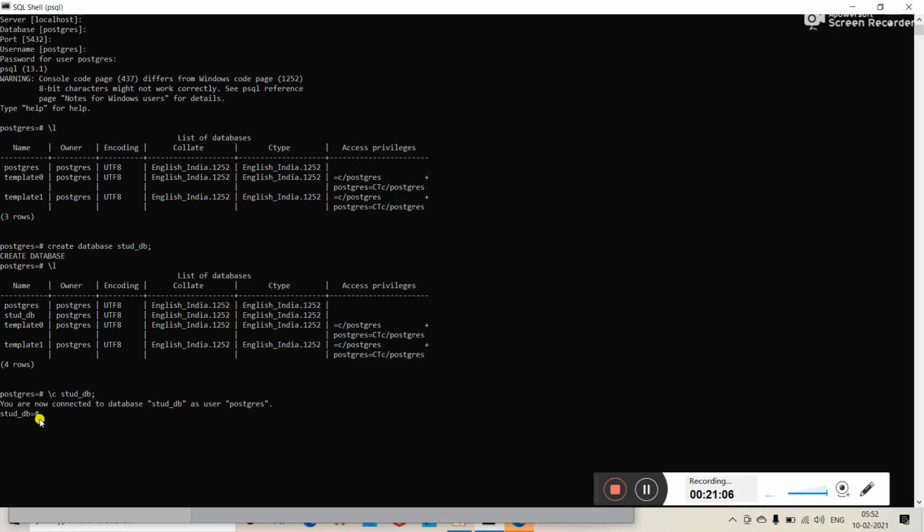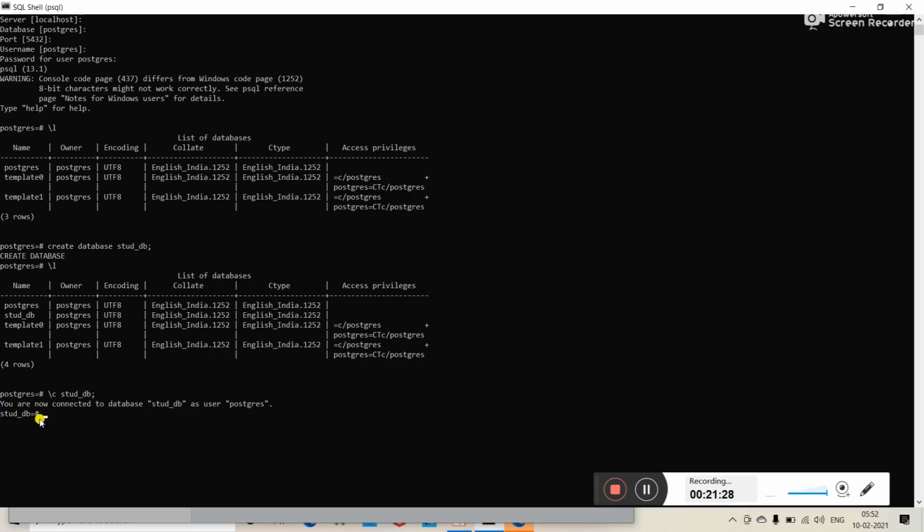Okay, so to connect with a database, you require the command \c. To display the list of databases, you require the command \l. And to create a database, you require the command CREATE DATABASE followed by the database name.